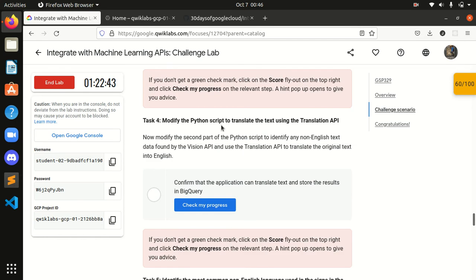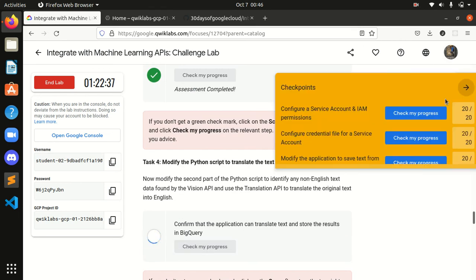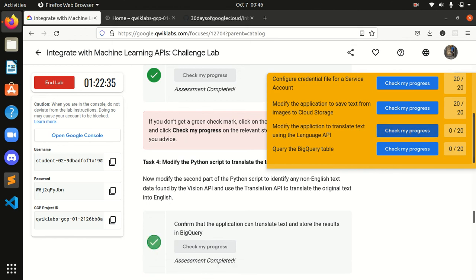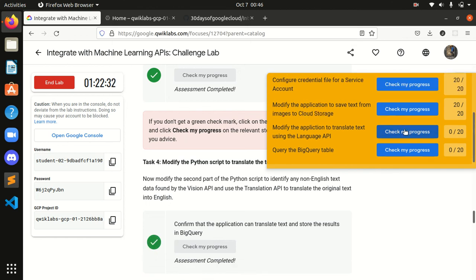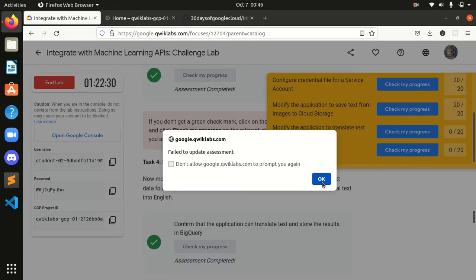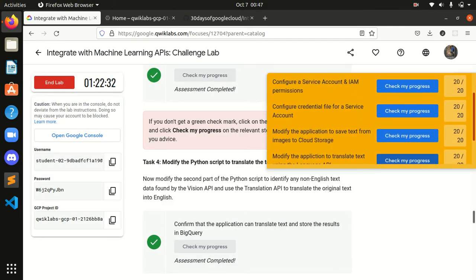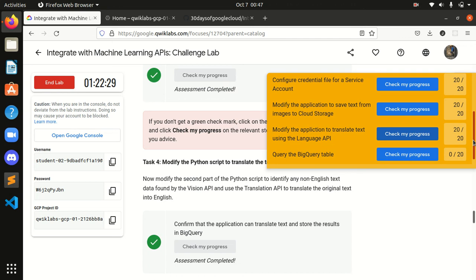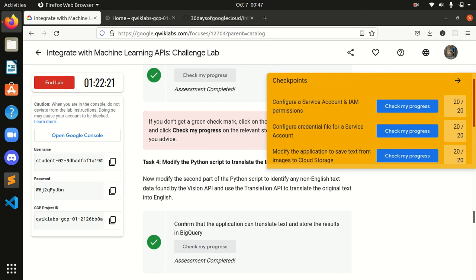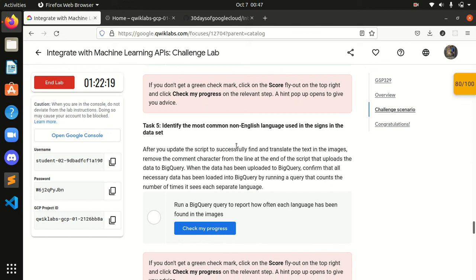Okay, now we have to do something in BigQuery, right? Let's see how many tasks are completed. Okay, this is also completed, right? Okay, now the last task, the BigQuery one.